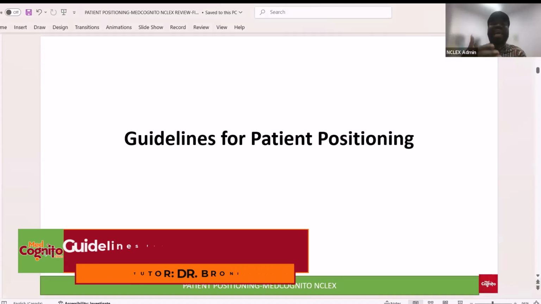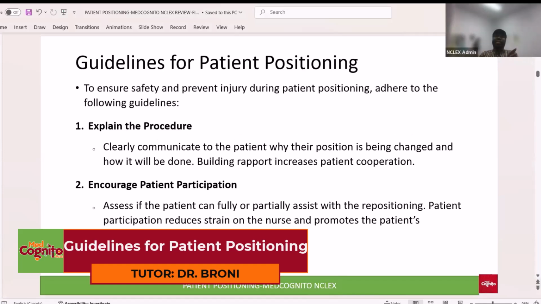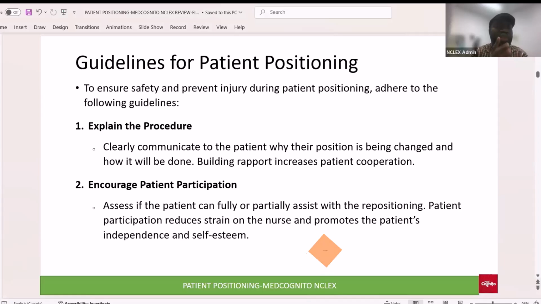Let's go. Guidelines for patient positioning. So what are the guidelines? If you have to position a patient, what guidelines should you follow? The first guideline is, because you want to ensure safety and prevent injury during patient positioning, you want to adhere